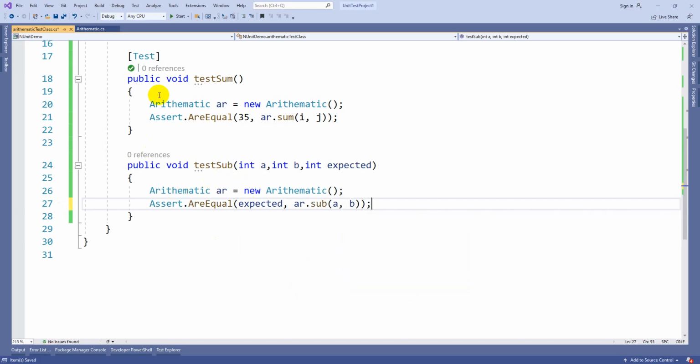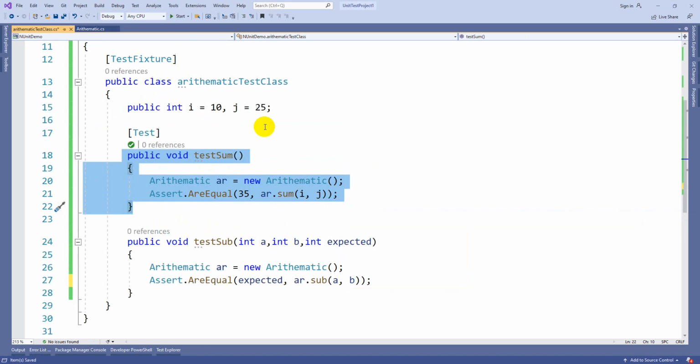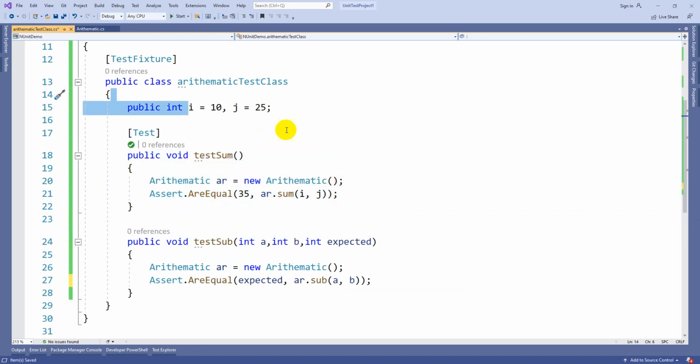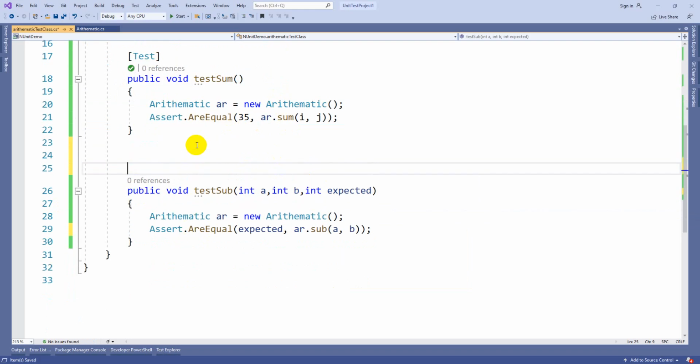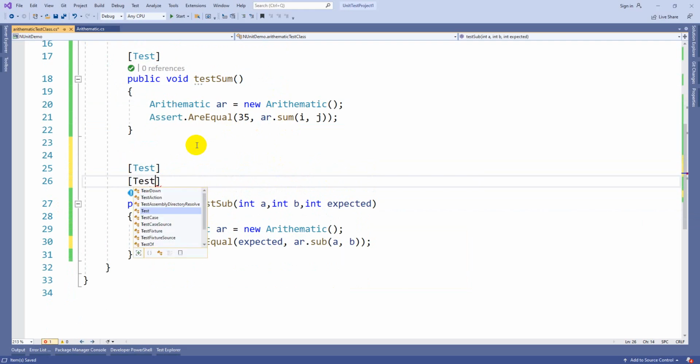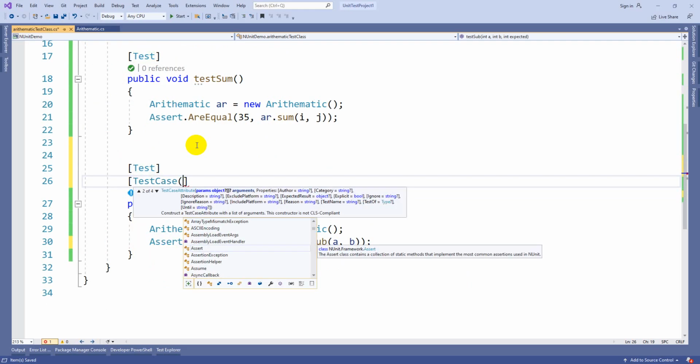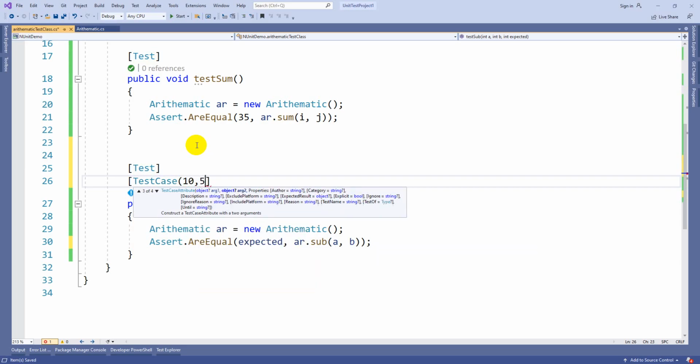If you observe, in the earlier one I passed values from i and j, but here I am taking parameters instead of these fixed values. In such a case you can keep this Test as it is, and after that write TestCase, where you can pass these arguments. Suppose 10 comma 5, then the expected result is 5.